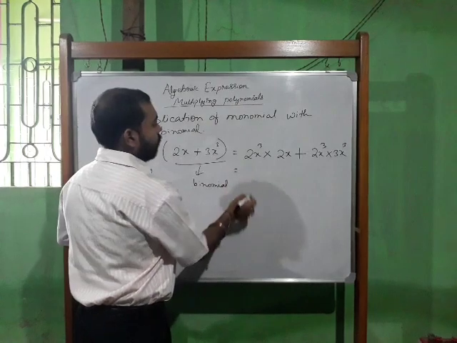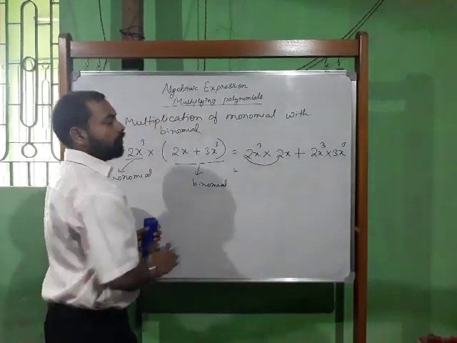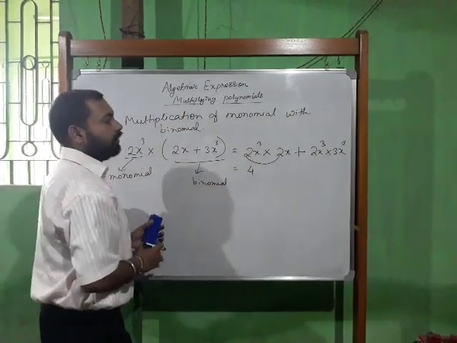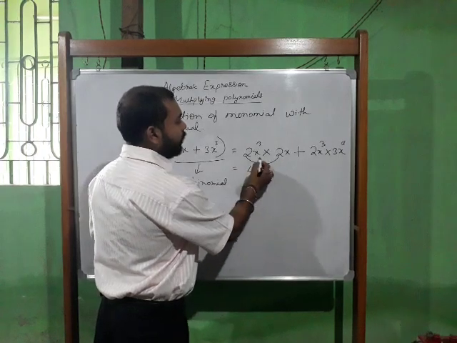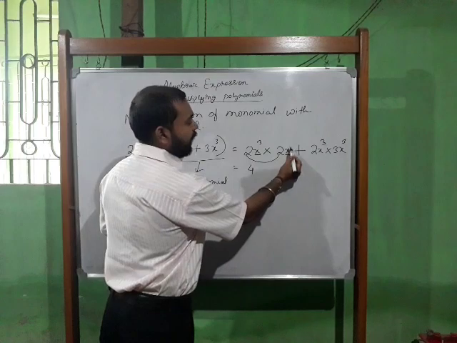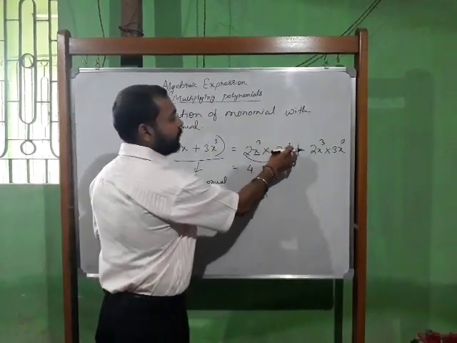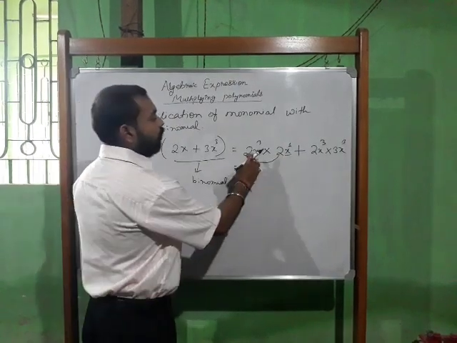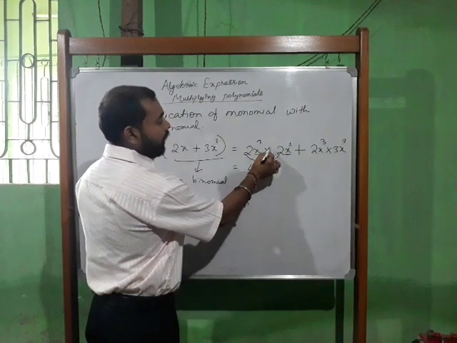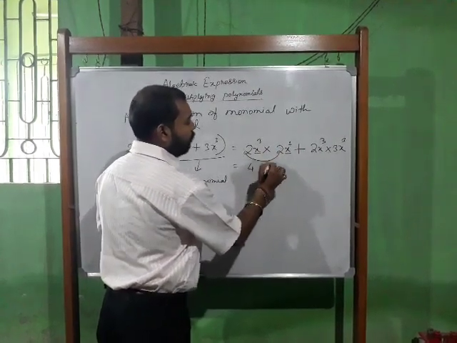Now you proceed. At first, we will multiply the coefficients. So 2 into 2 is 4. Now you can write directly. Now use the exponent rule, because here x cube is there, here x is there. Only x is there, that means the power is 1. We are not writing 1, so we simply write x. The base is the same, x is the base. Now a multiplication sign is there, so the powers will be added. So 3 plus 1 will be 4.